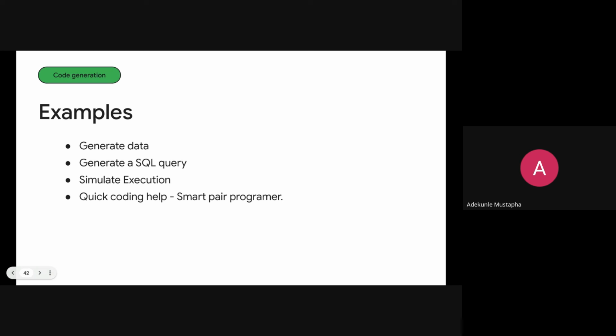Or you can just copy your code, paste it on AI Studio or on Gemini, and tell it to help you out. It can help you document your code, add comments to your code, and even write some unit tests. But like I've always said, when you're using all this code, use it with caution, because if you don't understand what you're doing in the basic way, it may end up giving you some slightly wrong answers.